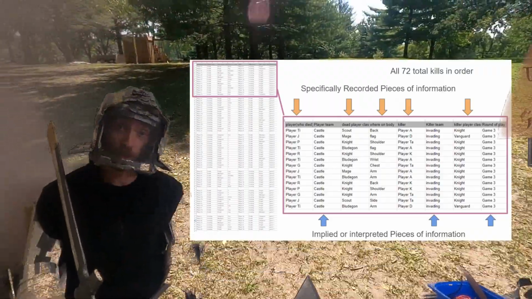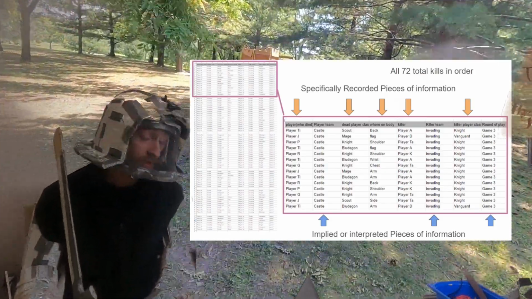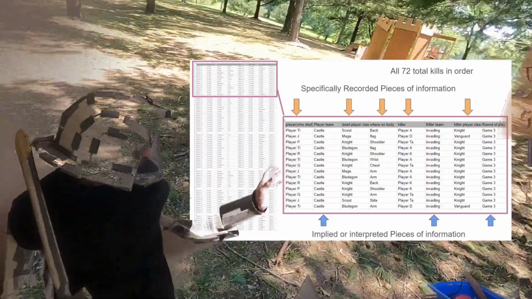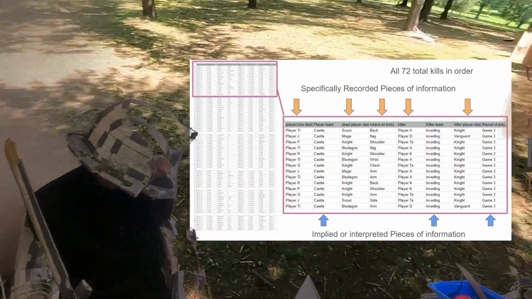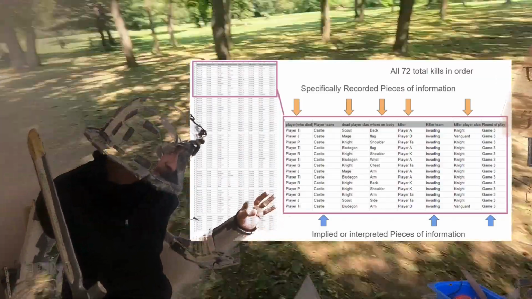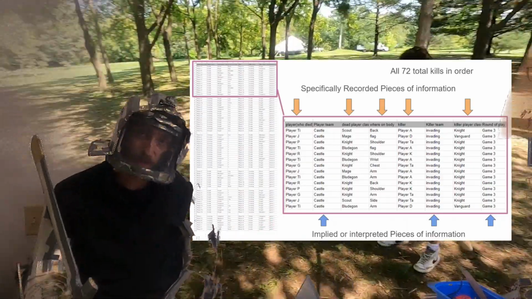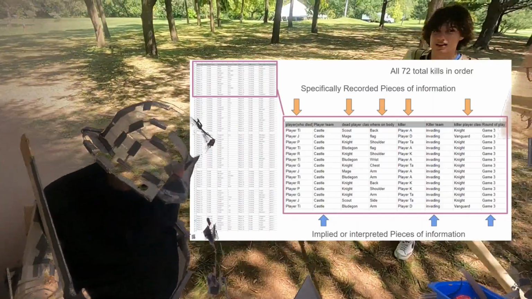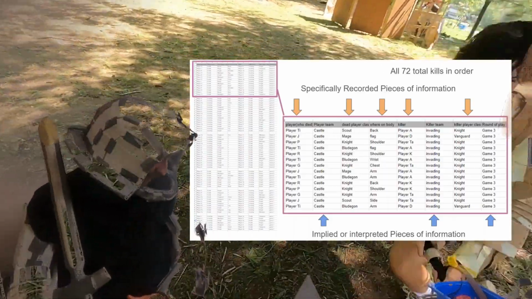So I transitioned all of that information into a very large spreadsheet. There were 72 total kill events, which occurred during 3 different 10-minute games. And here's the outline of all the information which was gathered: the player who died, the team they were on, the class they were, where on the body they got tagged, the person who killed them, what team they were on, and their class, and then the round of play. The top 5 points marked in orange were literally recorded, and the bottom 3 were just inferred through position on the scroll. This took so long to do, but we've come up with some very cool pieces of evidence that I deeply enjoy, so I want to show them to you now.